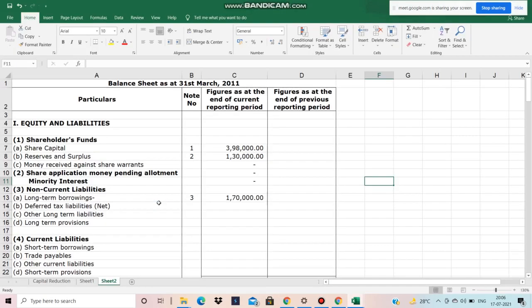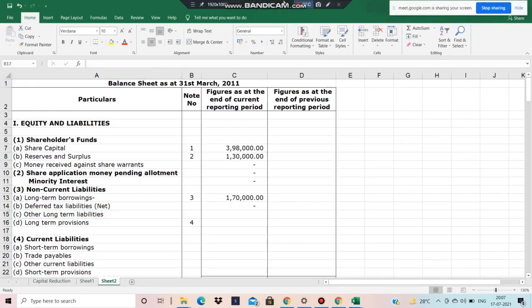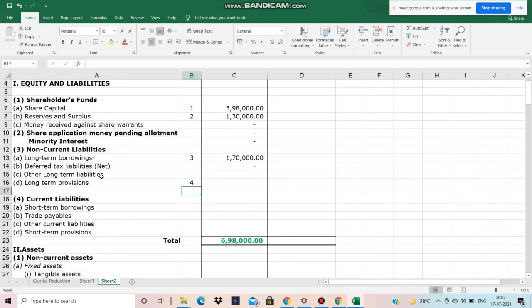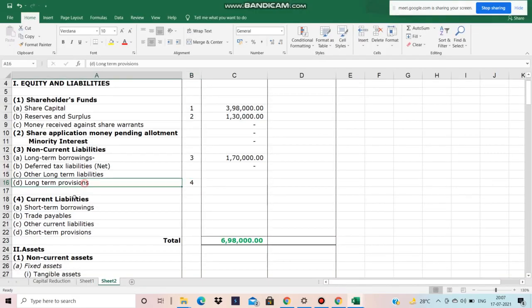Now after this, deferred tax net, normally there is nothing. Other long-term liabilities, so you have to see the other long-term liabilities. There are no other long-term liabilities. Now under the long-term provisions, there is a provision for tax and proposed dividend normally. So here provision for taxation is there. So under long term provisions,